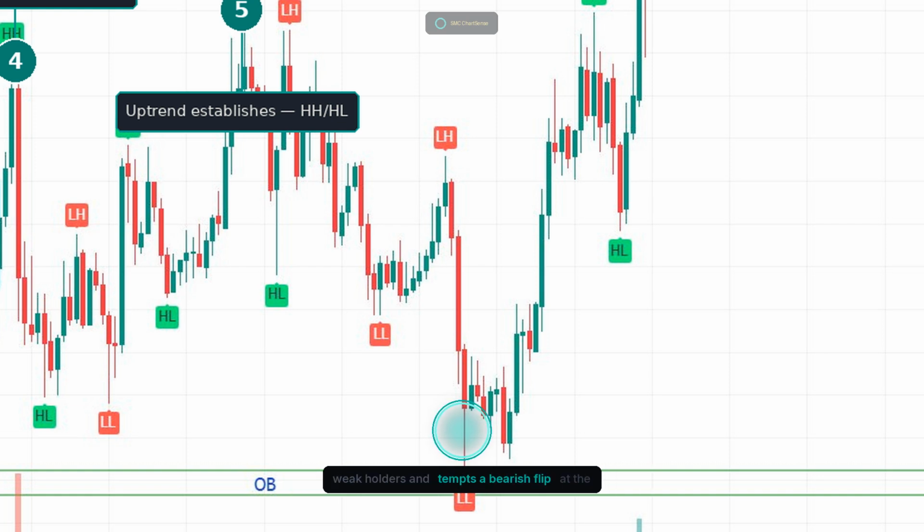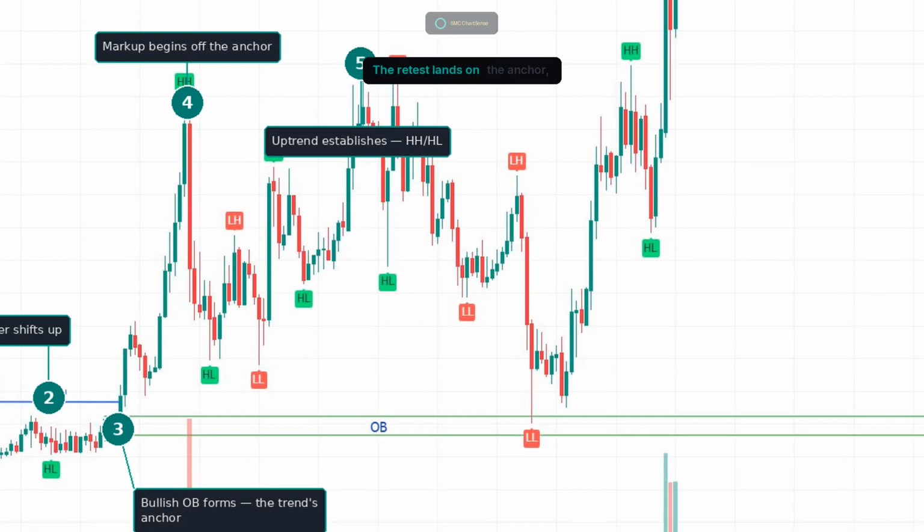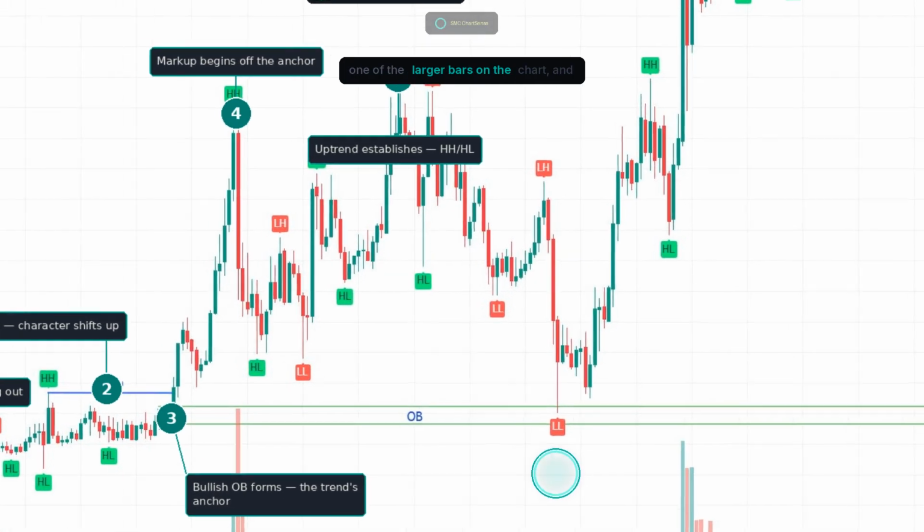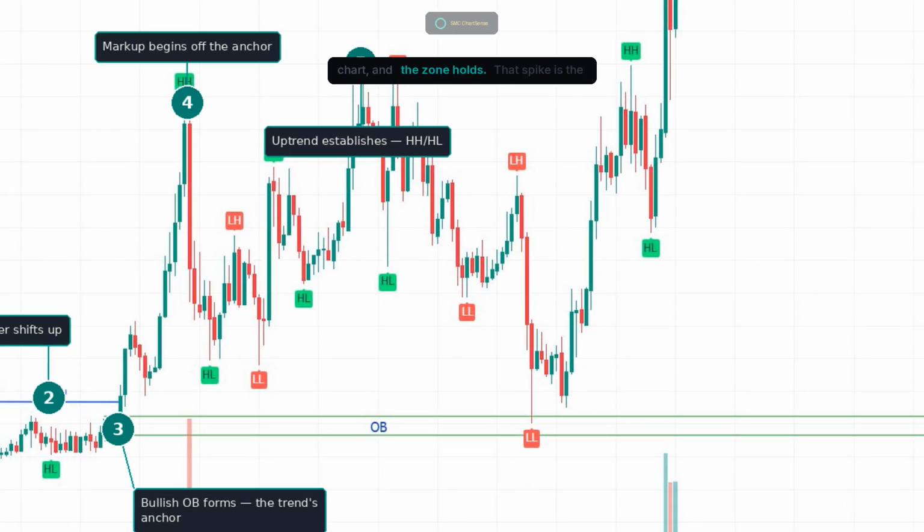But the anchor reframes it. This isn't a reversal until the anchor breaks. The depth is frightening. The anchor turns it into a clear test. The retest lands on the anchor, and the volume panel confirms it. The pullback into the zone prints on a volume spike, one of the larger bars on the chart, and the zone holds. That spike is the signature of institutional absorption, selling from the deep pullback swallowed by buyers defending the